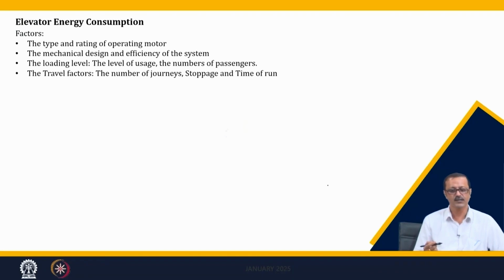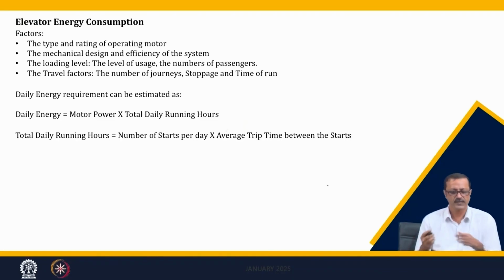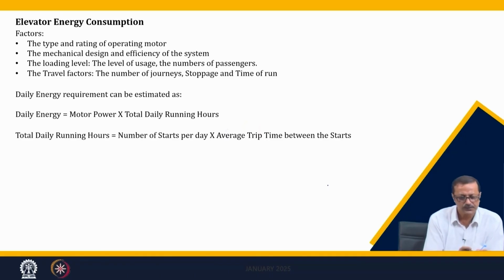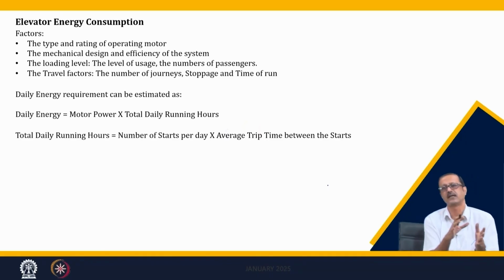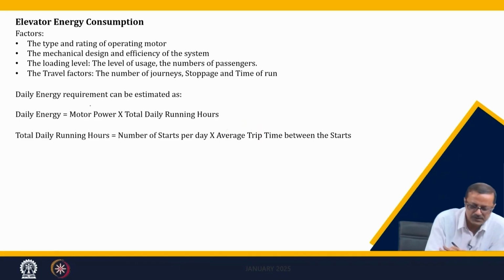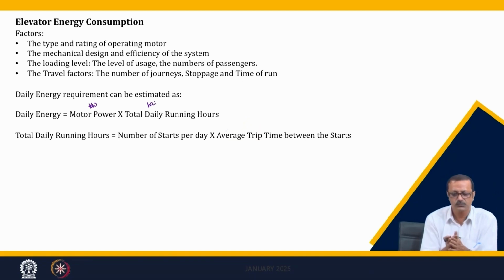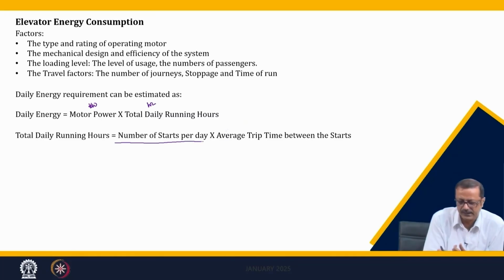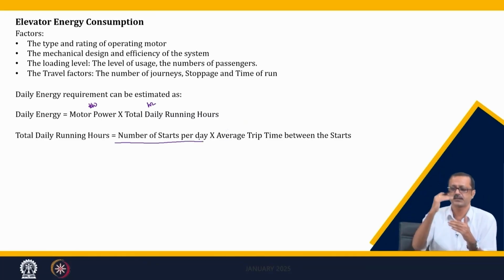Now, from the energy consumption point of view, we have to see how long it is operating per day, right. So, how much per day it is operating, how much is the total stoppage, what is the journey time and all those. So, total energy consumption is the motor power multiplied by the running time. Motor power comes in kilowatt and running time in hours. So, kilowatt hour I can find out, and to find out the total running time, I need the total number of stops per day and the average trip time between those